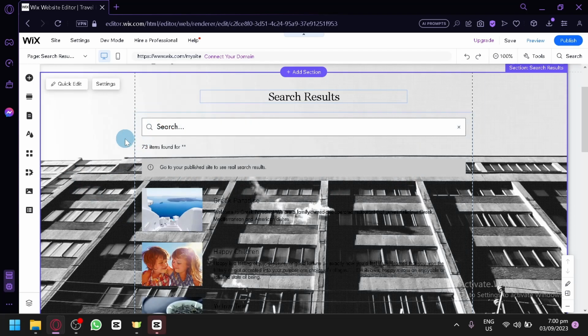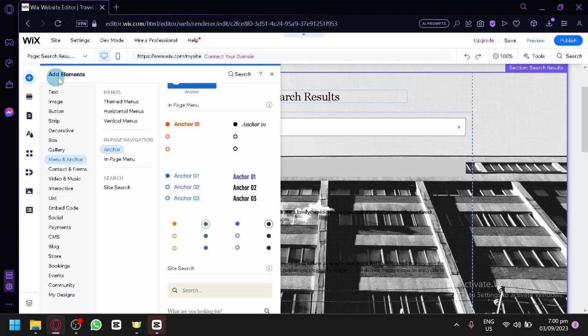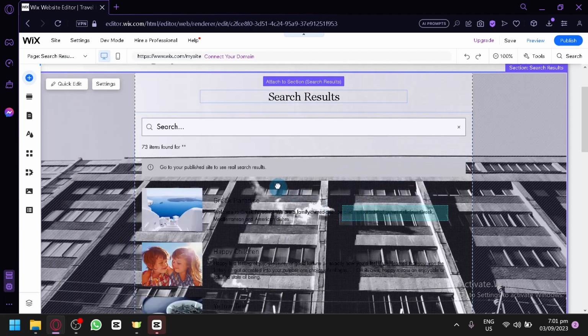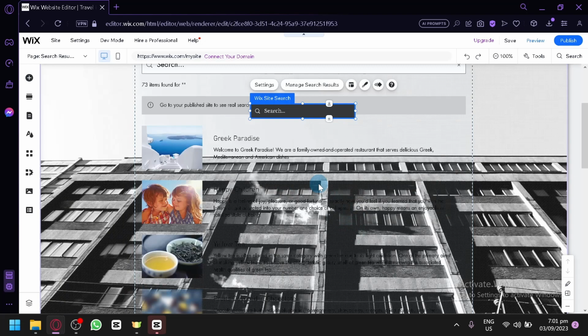To be able to have this on your website, simply click on Add Elements, and over here, look for the menu and anchor. In this area, you will be able to find the site search over here, and simply, you have an option over here to add a Wix search bar. After enabling that, you will be able to see all of these options, which will allow you to add a search bar or a search console on your Wix website, and then simply drag it into your website and you will be able to have it, as you can see,